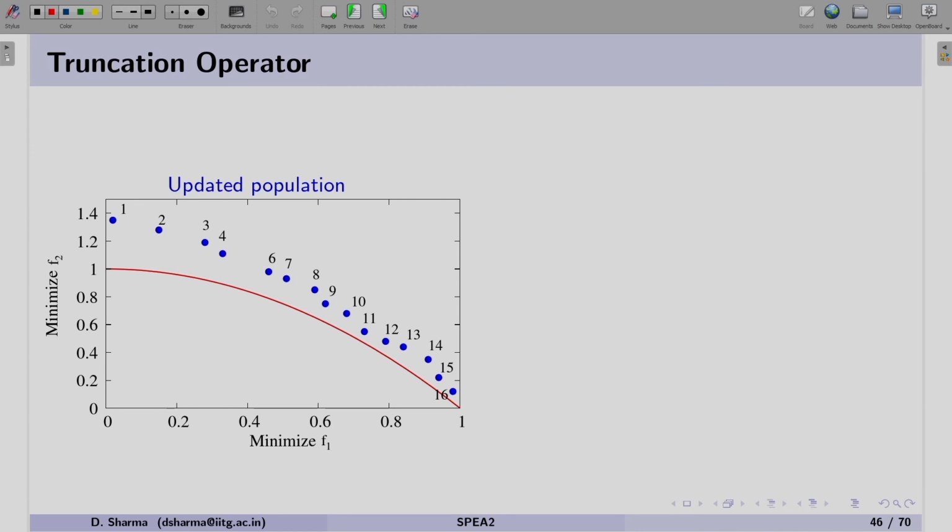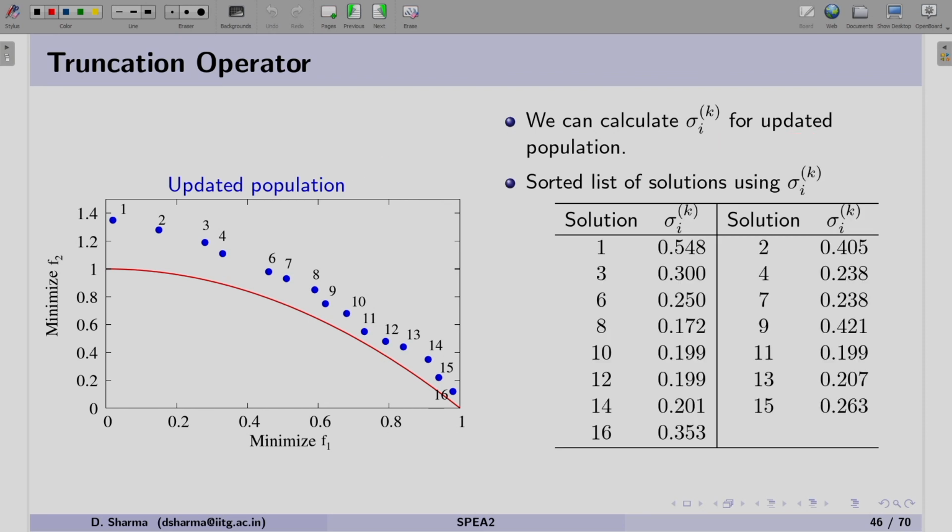If we remove it, we can see the updated figure. In this figure, you can see solution 5 is missing. Now, since solution 5 is removed, we have to again calculate the sigma i k value for the updated population. It is an important point that as soon as we delete any solution, we have to recalculate the sigma i k value for the updated population given in the figure.